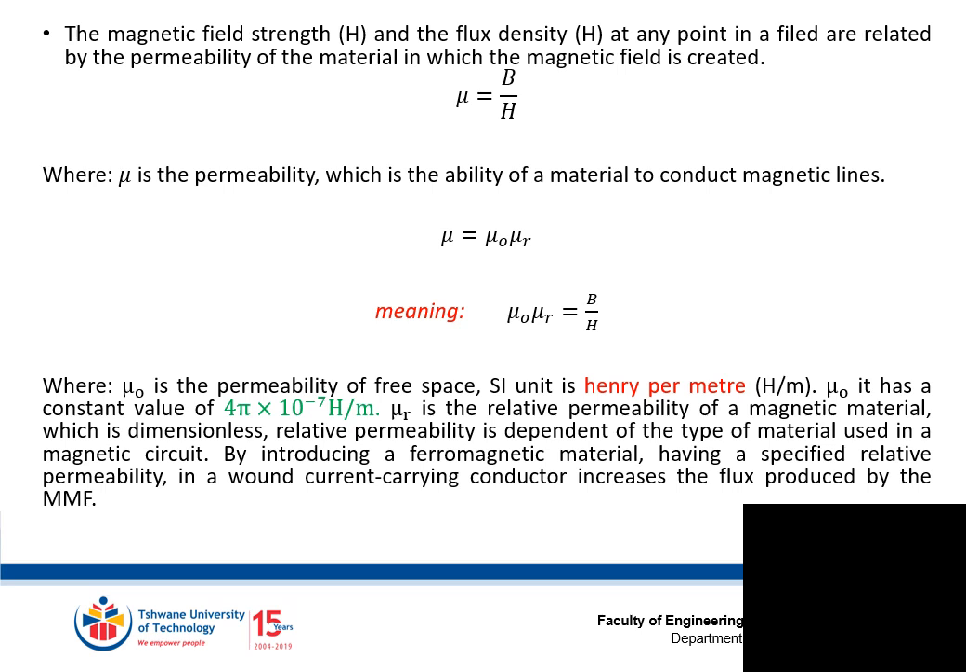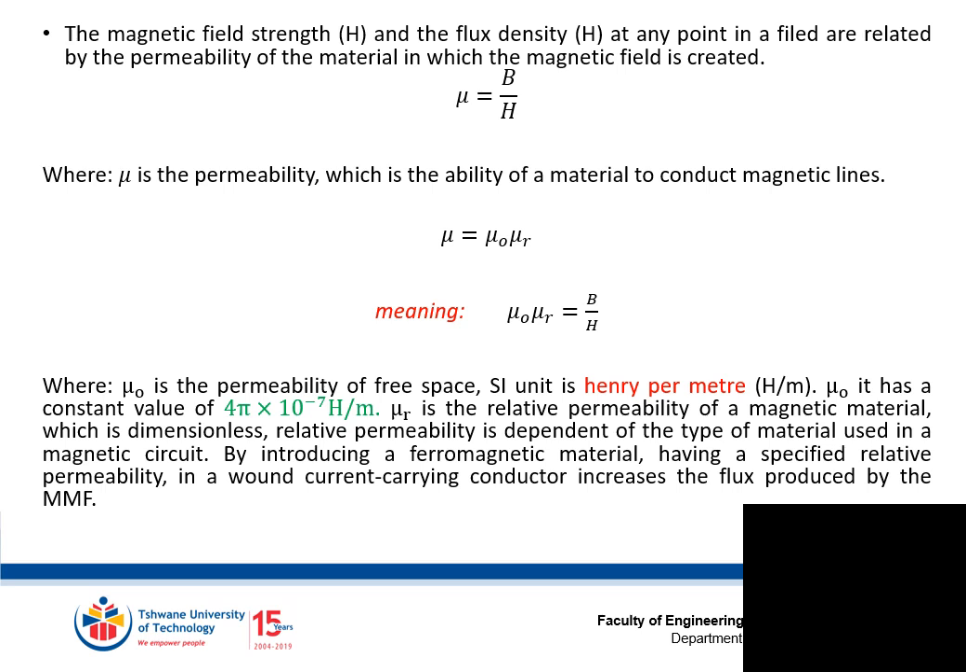The magnetic field strength H and the flux density B at any point in the field are related by the permeability of the material in which the magnetic field is created. Mu is equal to B over H, where mu is the permeability, which is the ability of a material to conduct magnetic lines. Mu is equal to mu naught times mu r. Mu naught is the permeability of air and mu r is the relative permeability, meaning that mu naught times mu r is equal to